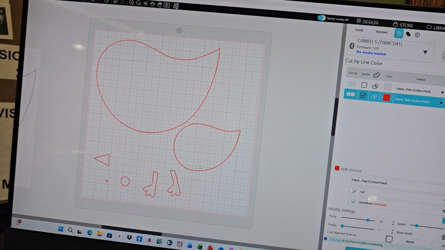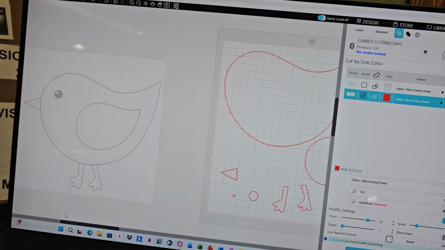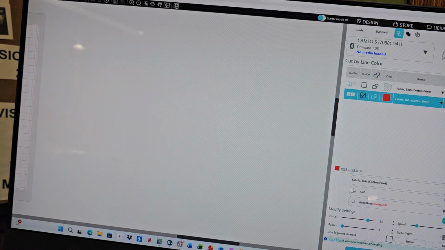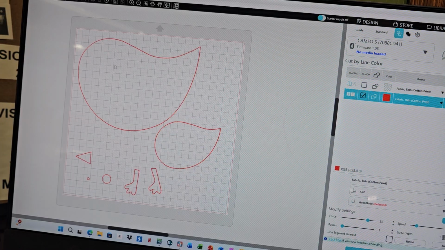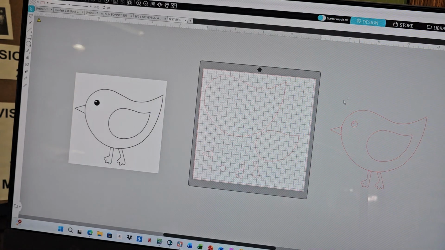It doesn't give me an error. So that's what's cool about Silhouette Studio. You can have stuff off to the side here, and it will not cut any of that. It'll just cut what's on the mat, what's in red. Red lines mean those are the cut lines. But you can't do that in Canvas Workspace. So I like that feature. But the cool feature is that you can trace your image,